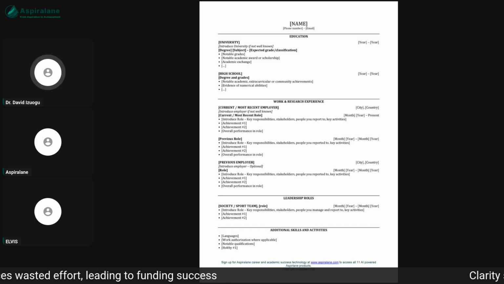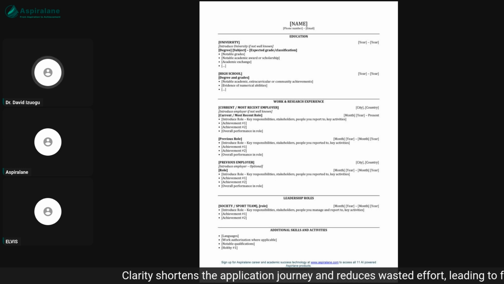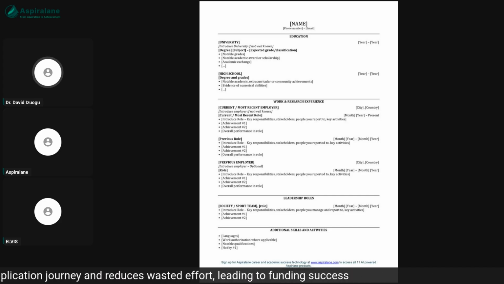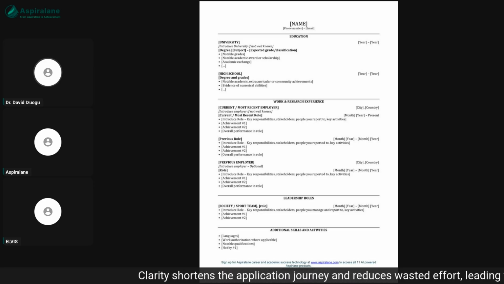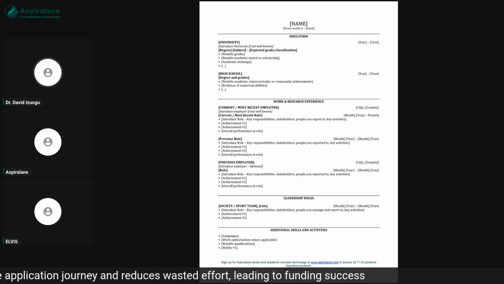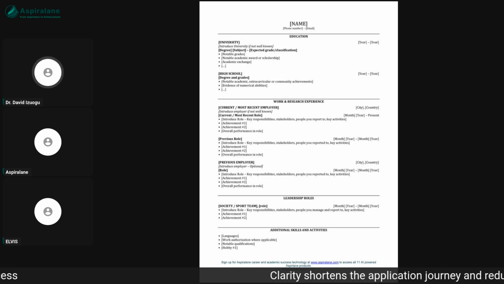And in some cases, depending on who you reported to, because the reason why the reporting is very essential is that when you report to a higher executive, I think it shows people that you have played at the top league. So if you do report to an executive or managerial role, and you're not a manager, then it makes a whole lot of sense to mention that on this role, your responsibility is X, Y, Z, reporting to the CEO of the company or whatever it is, and some key activities that you perform.